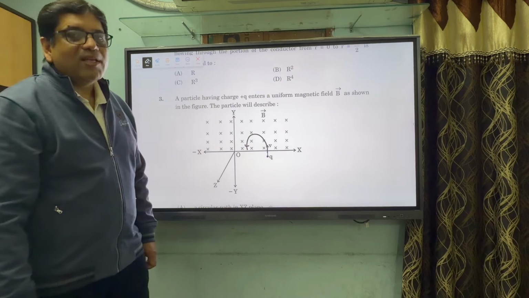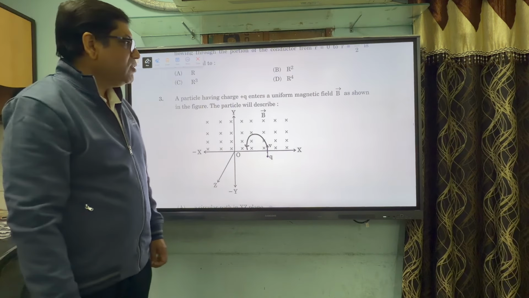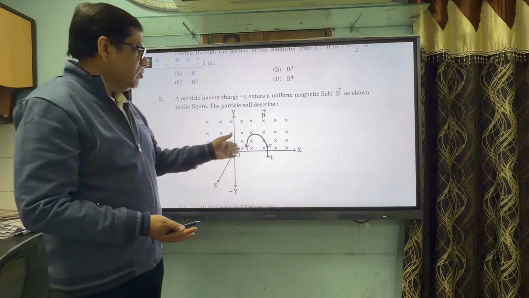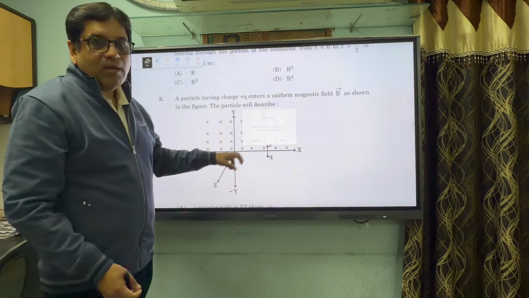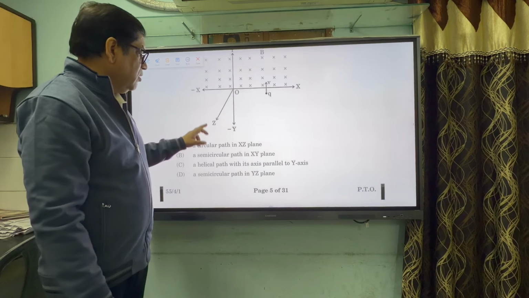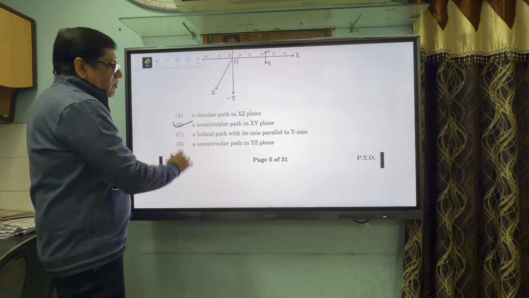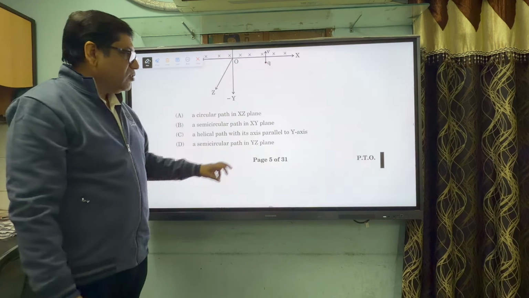It will be only a semicircular path because पूरा circle बन ही नहीं पाएगा, ठीक है? It will be a semicircular path, and that will be obviously perpendicular to magnetic field. Magnetic field is on z-axis, so this semicircular path is in xy plane perpendicular to z-axis. So इसका आंसर होगा बेटा, it is a semicircular path in xy plane. So we go to the next